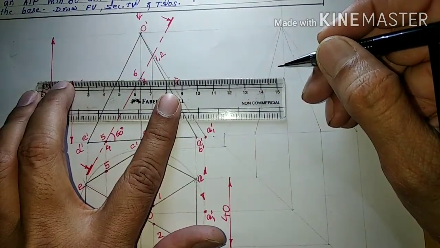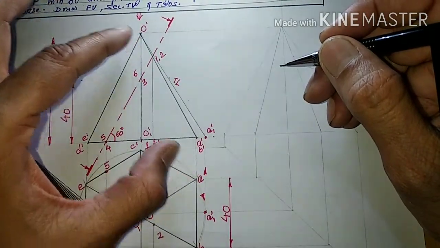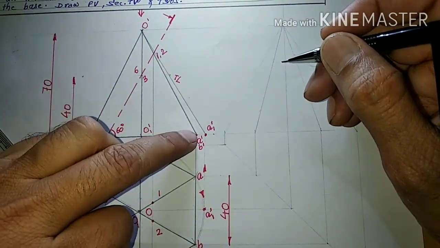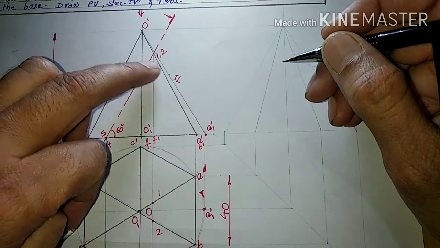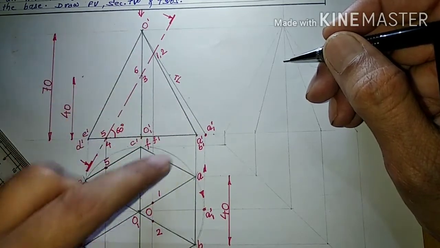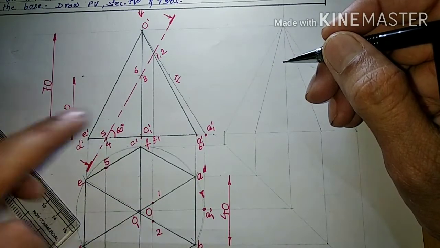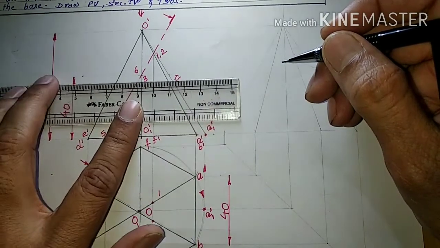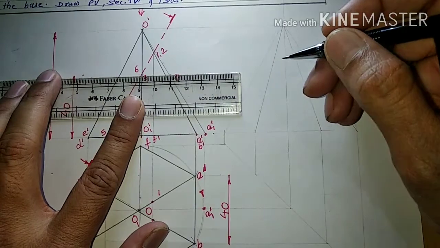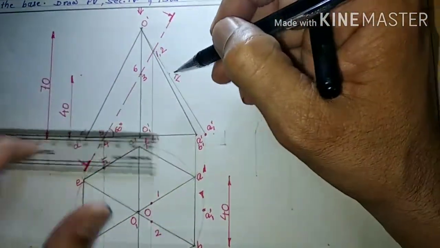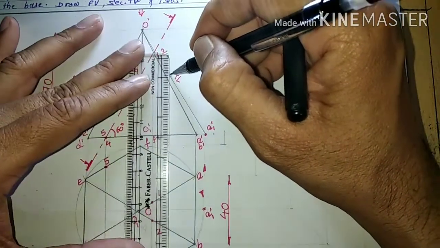We cannot project through apparent line because here OAB, OA or OB is inclined and the other view of OA dash and OB dash is also inclined. So we cannot transfer those points through apparent lengths. We have to use true length. So I will take this 3 and 6 on true length, and from true length I will transfer the points